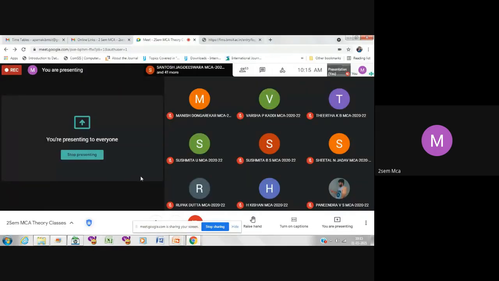What is a retrieval and what is an update? Operations can always be classified into two different things. One is a retrieval, one is an update. What's the difference? Retrieval means only we will get the information, and update means we are changing the data. I told you the other day, when I say retrieval, whatever is there in the database, I am trying to pull out that information. That is called retrieval. It means the database will not undergo any change.